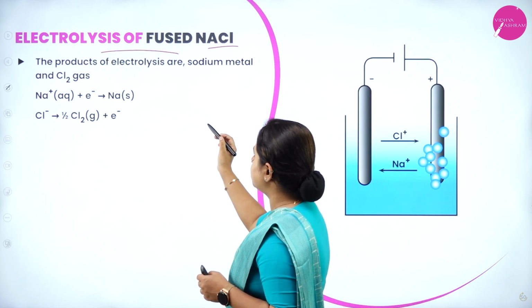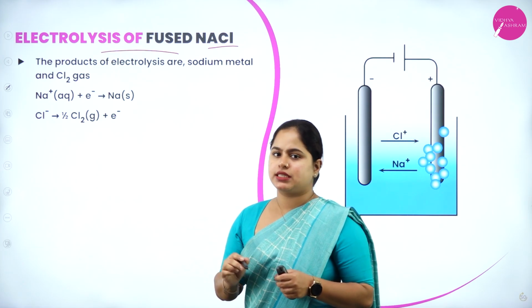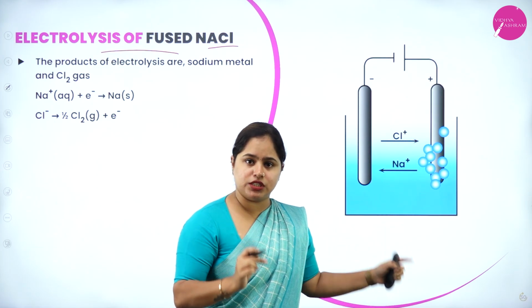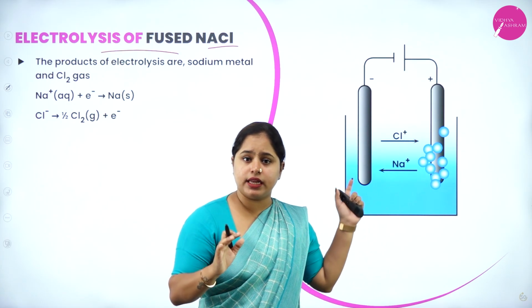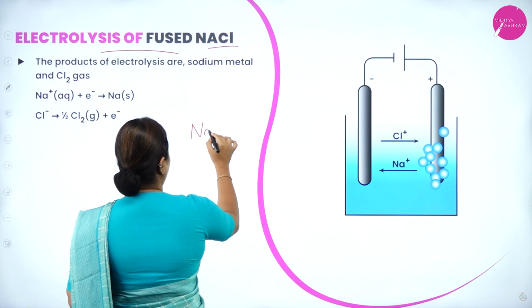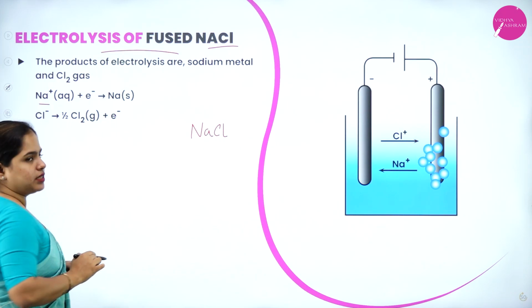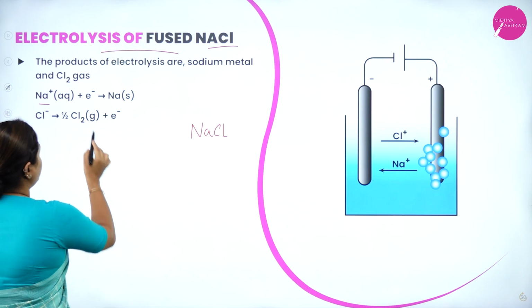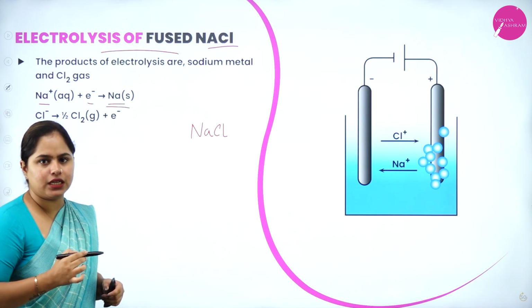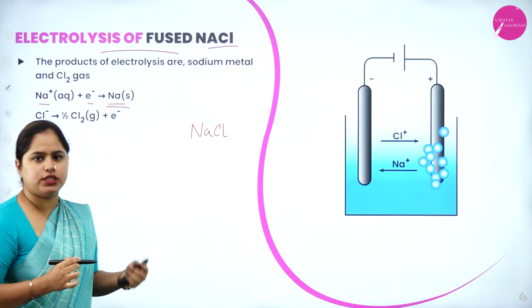So the products of electrolysis are sodium metal and chlorine gas. Now what is exactly happening here? The electrolyte we have here is the fused sodium chloride. There is no presence of water here, only sodium chloride. So what is going to happen here? The Na+ ions are going to accept electrons and form sodium, right? The sodium metal is being formed. So a reduction is taking place